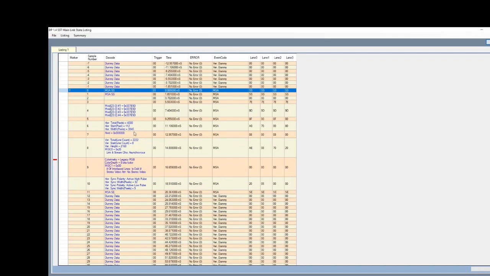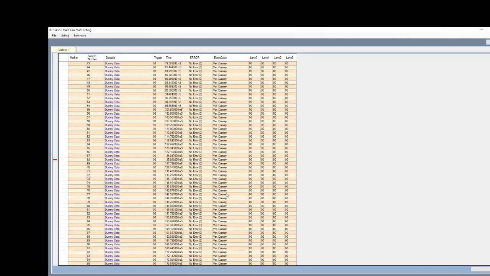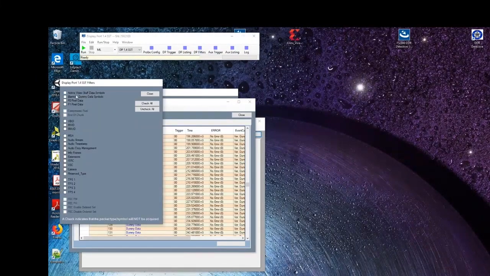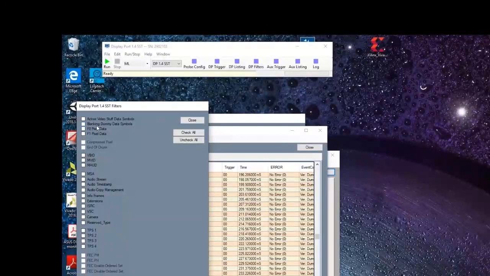So now you can see all the dummy data that we don't really want to capture because it's just taking up memory. So what we can do is we can go back to our Probe Manager, the filter, and let's say we want to get rid of the blanking dummy data. Just select that, take another trace,